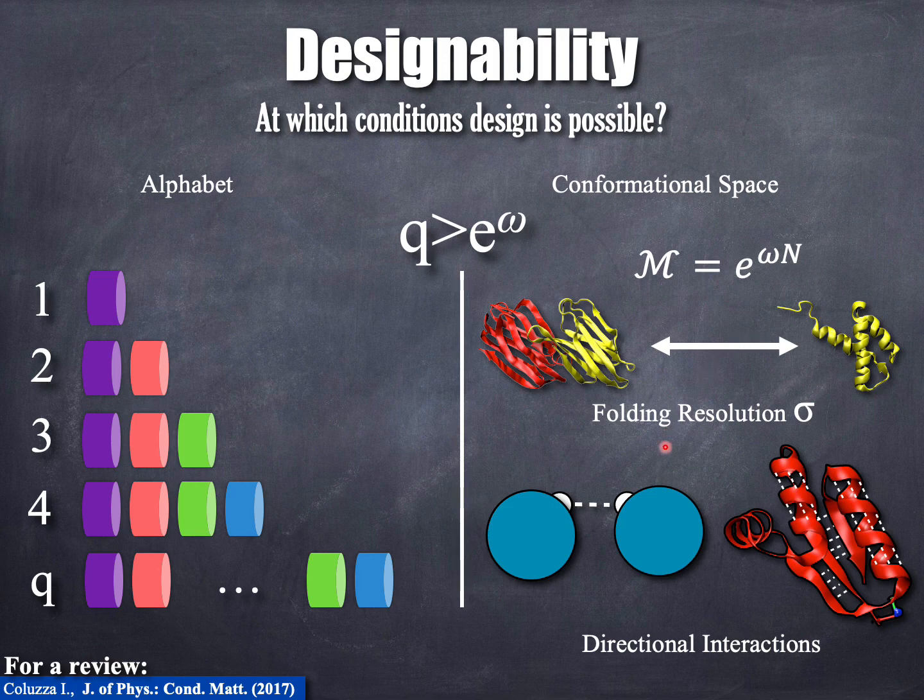The other important parameter that we recently introduced is the directional interaction, and we have been arguing in the past years that with directional interactions you can efficiently control the size of this conformational space and effectively bring it down to manageable values where you don't need very large alphabets. So how do we prove that? Well, what we have to do is to actually measure this number of conformations in a system, and test whether indeed this relationship is valid first, and then use it for useful prediction.